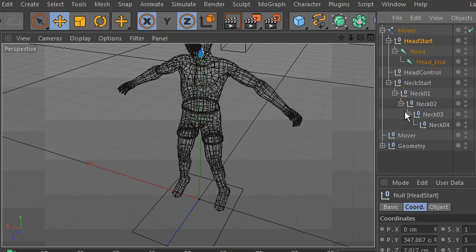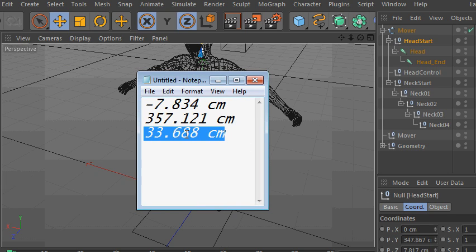Which works, but it might not be so easy when you have a null that's somewhere else in your model other than at ground zero here. So the trick would be to edit your geometry, put it where you want for manipulating the null, and then go in your coordinates, copy it to Notepad,